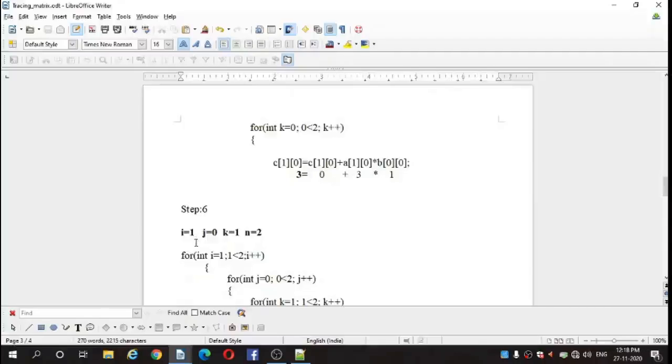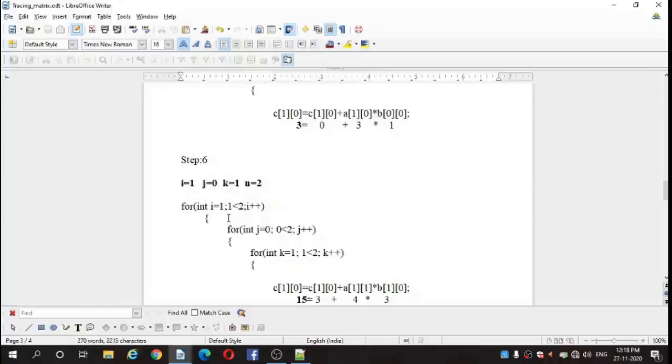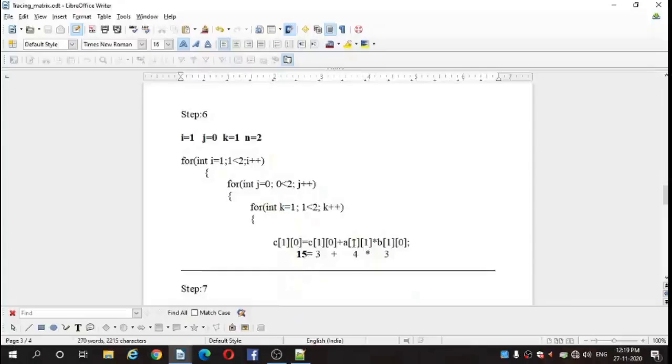Okay, I equal to 1, J equal to 0, K equal to 1, N equal to 2. Then for loop, I equal to 1, 1 is less than 2, it is true. Then go for J loop. J equal to 0, 0 is less than 2, it is true. Go for inner loop. K equal to 1, 1 is less than 2, yes, it is true. Then go for calculation.